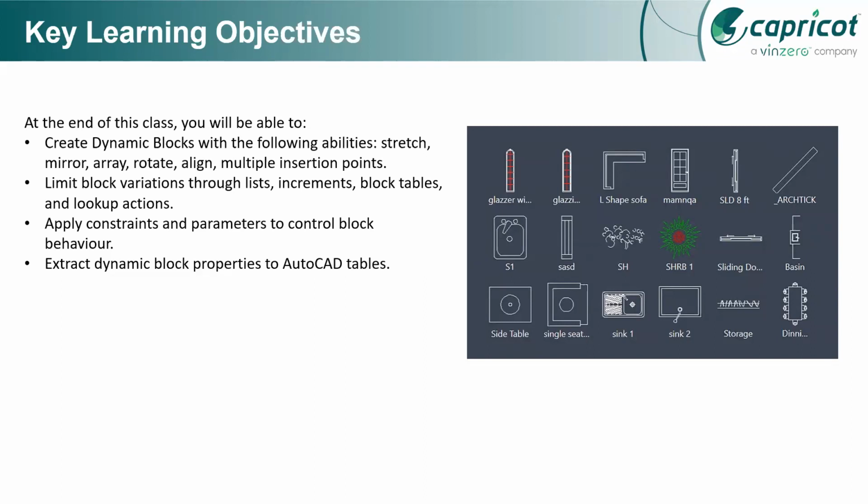Then we will extract dynamic block properties to create AutoCAD tables, right? So we will see how parametric tables are utilized after coming from the block editor. You have a particular kind of editable block part where you are going to utilize those blocks in a quicker manner, right? After doing this, you will have